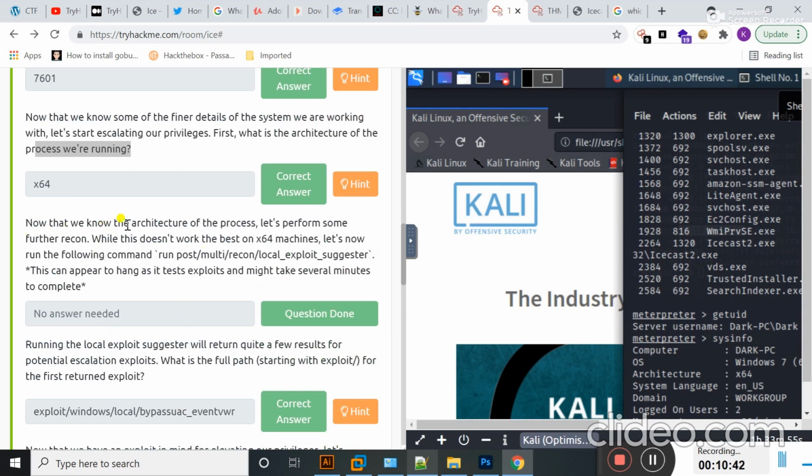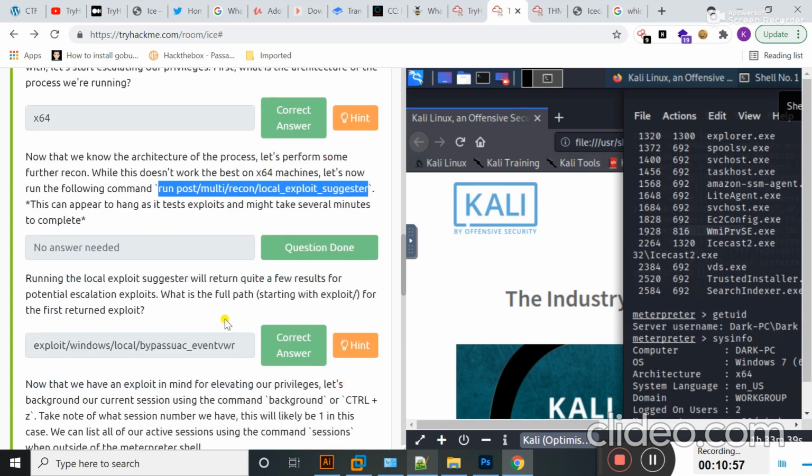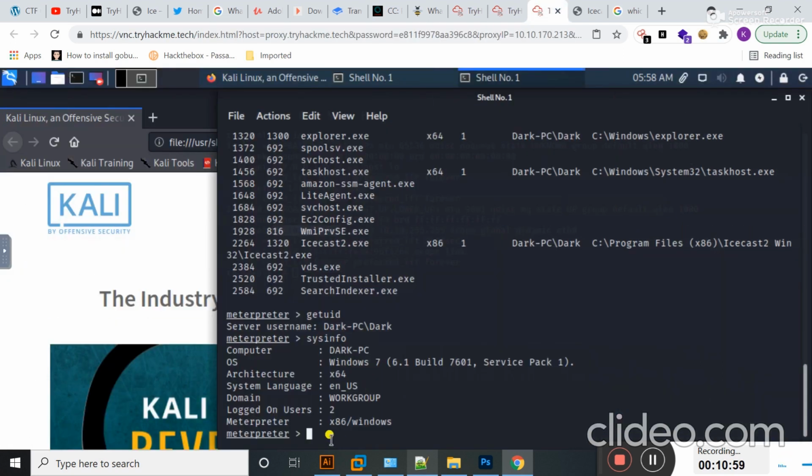Now that we know about the architecture of the process, let's perform further recon. Let's now run the following command: run post/multi/recon/local_exploit_suggester. I'm going to copy this command from here, move to my meterpreter shell and paste this command here.